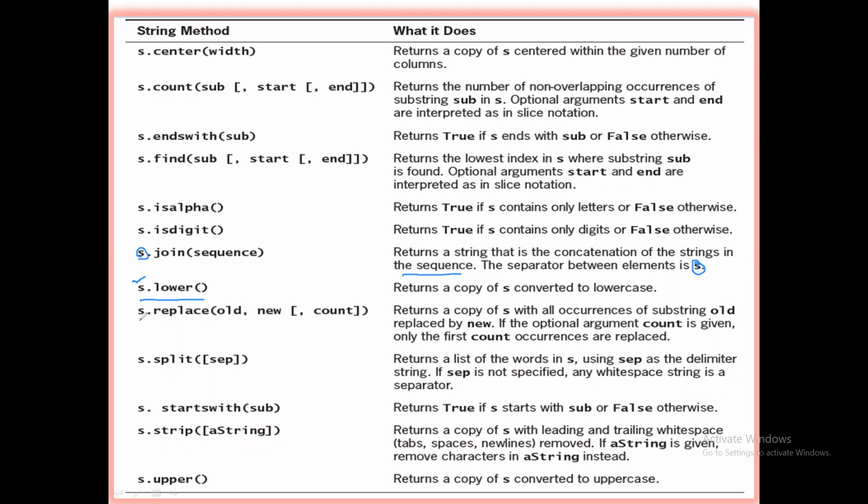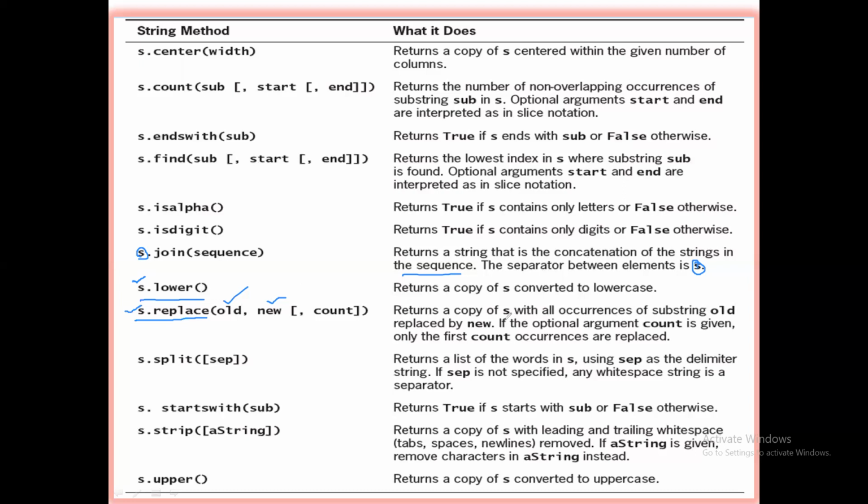The next method is s dot replace. S dot replace of old substring, comma, new substring. So this is the only method which is used to change the original contents of a string. In other ways, you cannot modify the immutable strings, but the replace method can replace the occurrence of old substrings with the new occurrences of substrings specified.